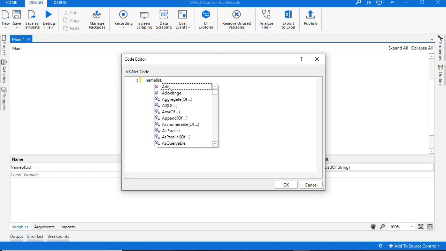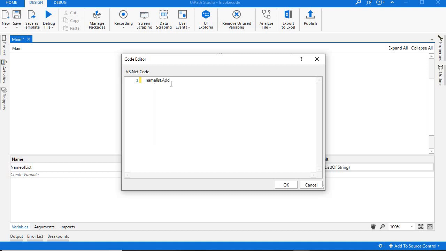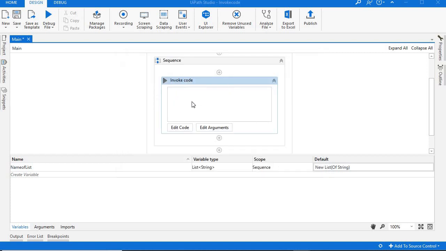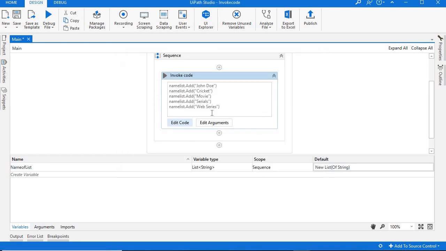As we need to add some names, I am adding them here. Simply I am taking a copy of it and changing the name. Just need to click OK. Now your code is added over here.